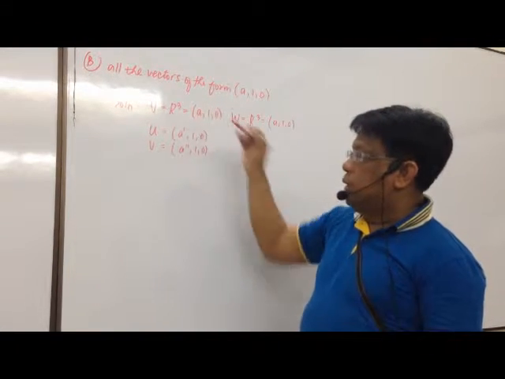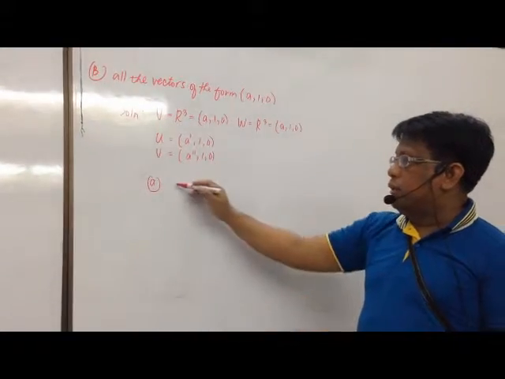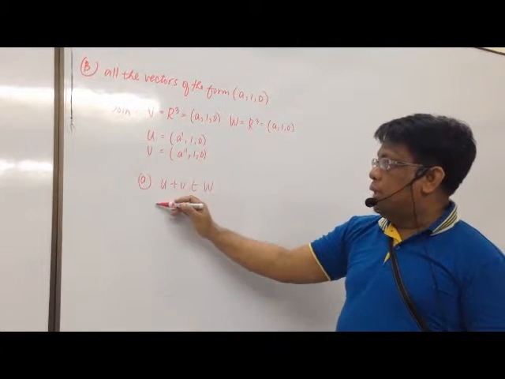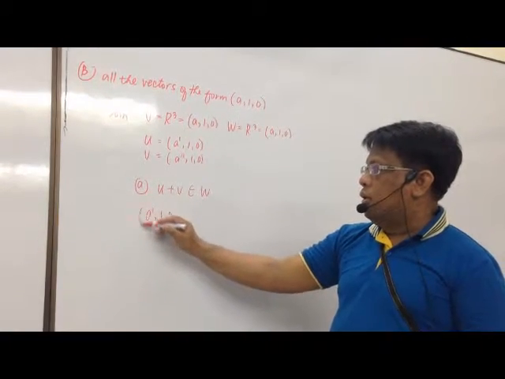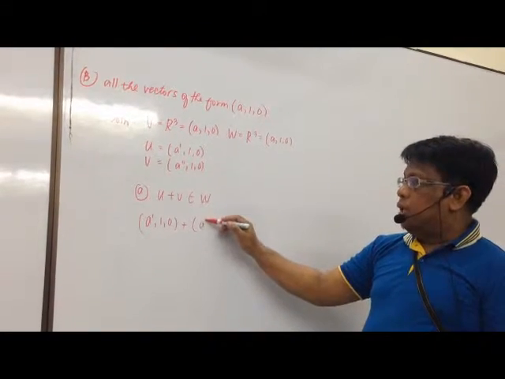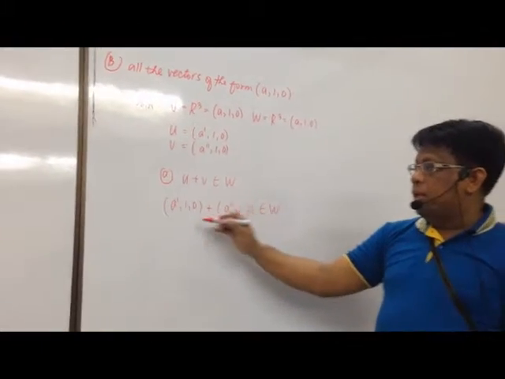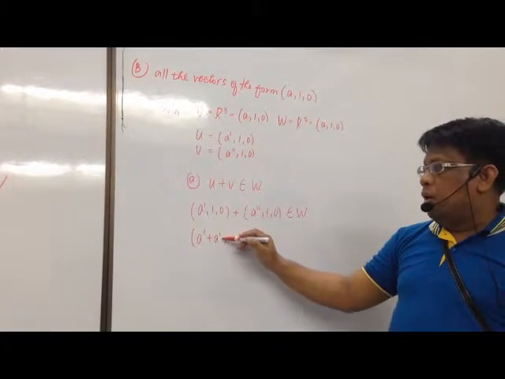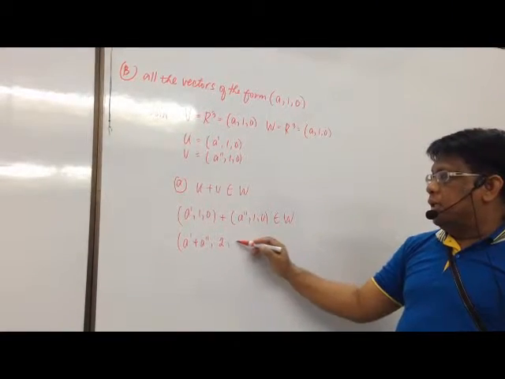Okay. So let us now define the two conditions and check if they will be satisfied. So having U plus V is an element in W. Let us have now, class, the vector addition. You have A prime, then 1, then 0 for your vector U. What about your vector V? Vector V is A double prime, 1 and 0. Is it an element in W? Let us perform addition here, class. So what do we get? A prime plus A double prime, right, class? What about 1 plus 1? It is equal to 2, right? Then 0 plus 0 is 0.